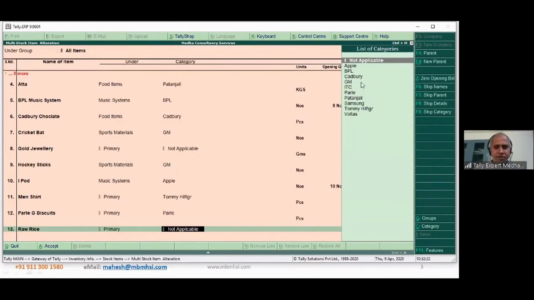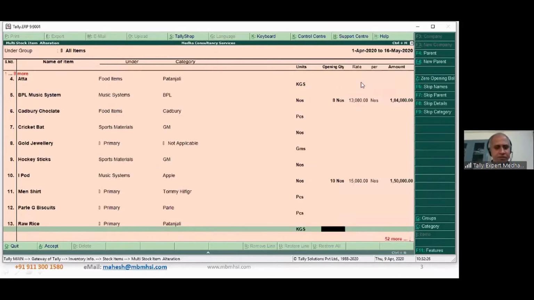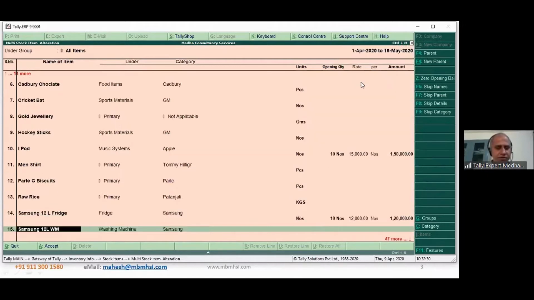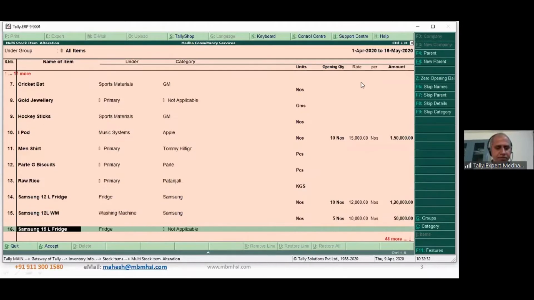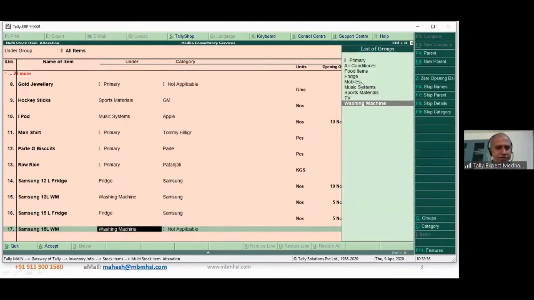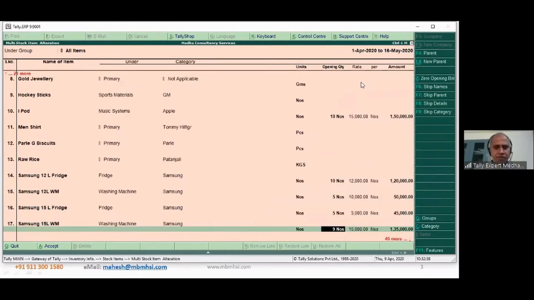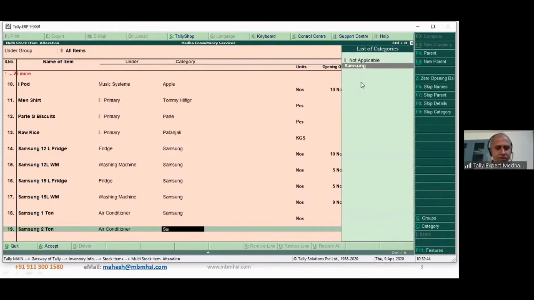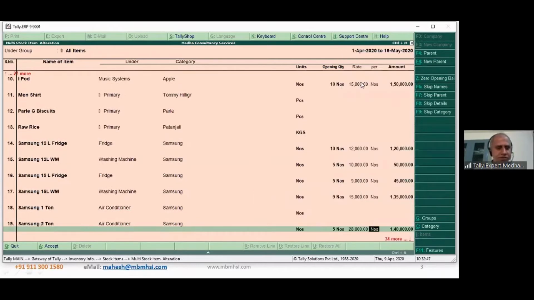Raw rice, this is basically from Patanjali. Samsung from Samsung. Samsung fridge, Samsung air conditioner, Samsung.